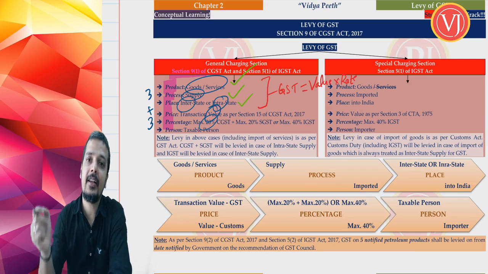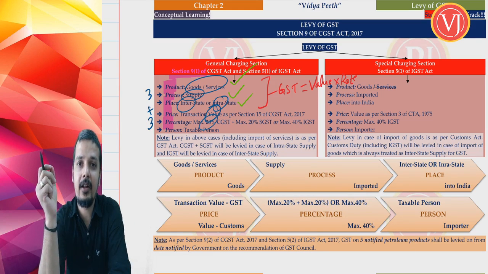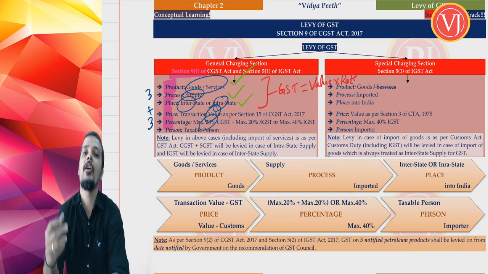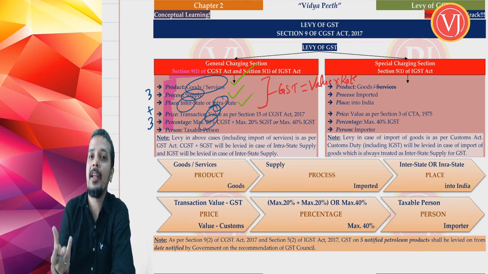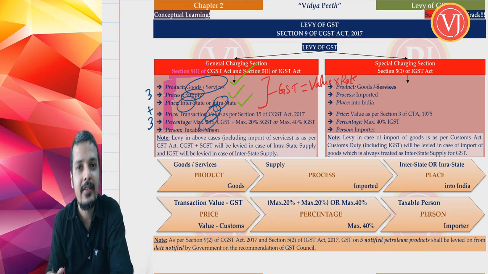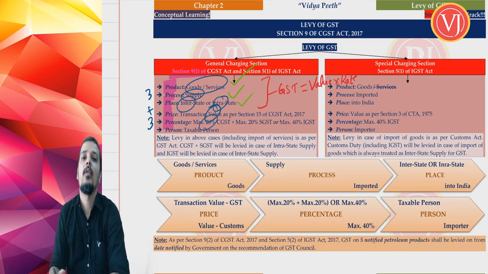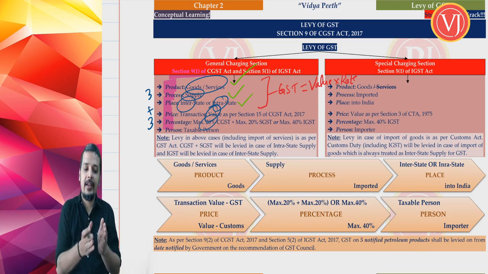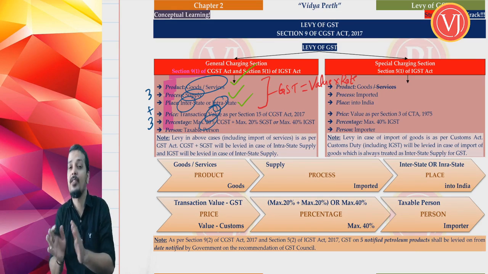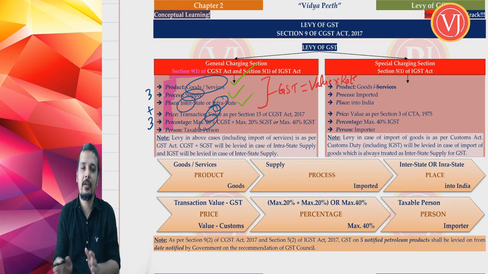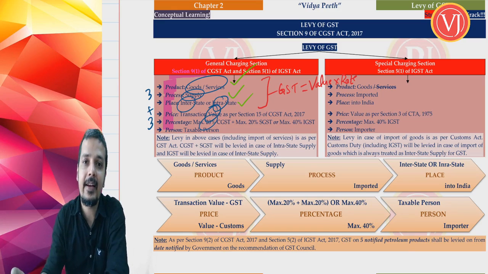And after that, if it is satisfying all the first 3 P's, then ask the next P. You have to calculate GST now. So you should know the next P, price. What is the price? Which means that you are talking about assessable value as per section 15. Then you have to ask the rate. What is the applicable rate on that particular goods or services? So the applicable rates as of today are 28, 18, 12, 5 or 0%. Normally, there are special rates also. Normally these are the applicable rates.